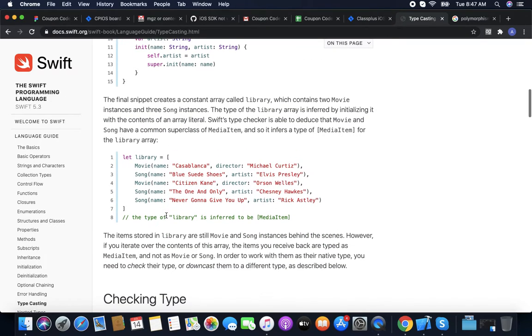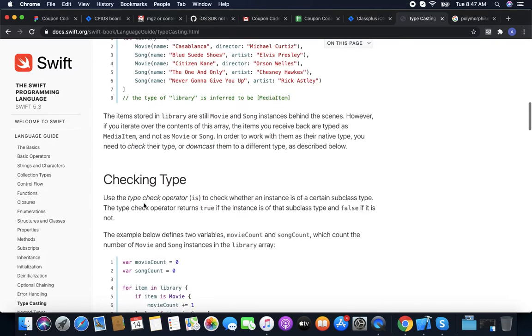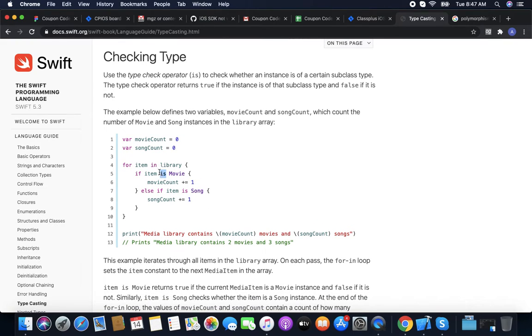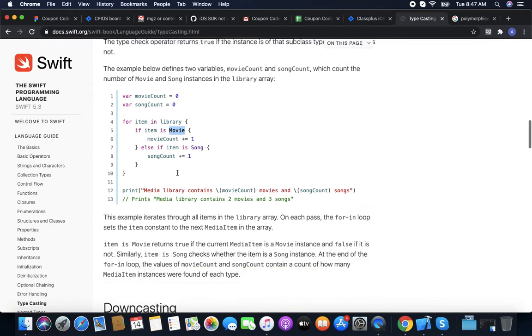So it can contain movies, it can contain songs. Now we want to check whether an item is a movie or a song. So to check, we have the is keyword and we check the class type.